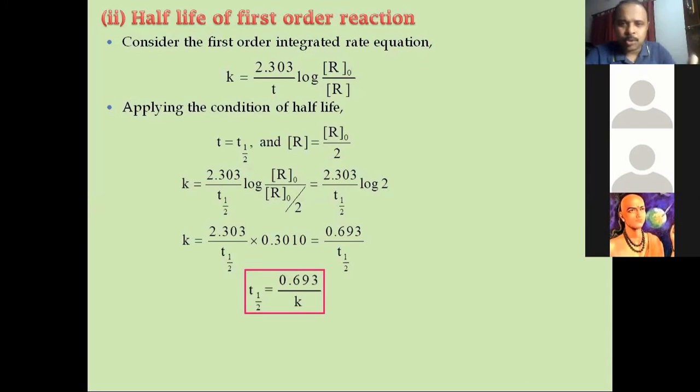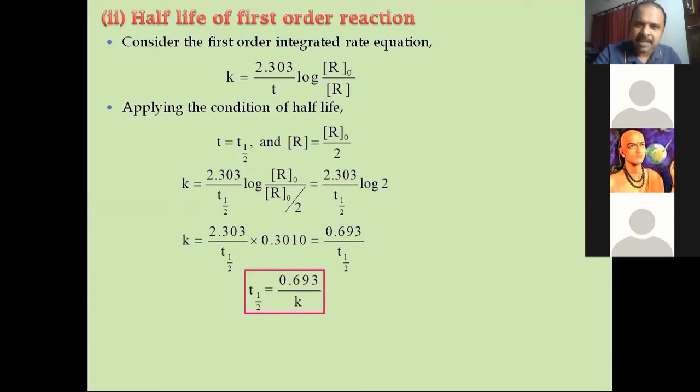For 2 moles, 50%, 5 minutes. For 4 moles, 50%, 5 minutes. Instead of 4 moles, I'll suddenly take 100 moles, 50%. 5 minutes. I'll take 10,000 moles. 5 minutes. If I take 10 tons of reactant of first order, I say 5 minutes. I'm taking so much risk here, 10 tons, and you say 5 minutes. That is the thing?